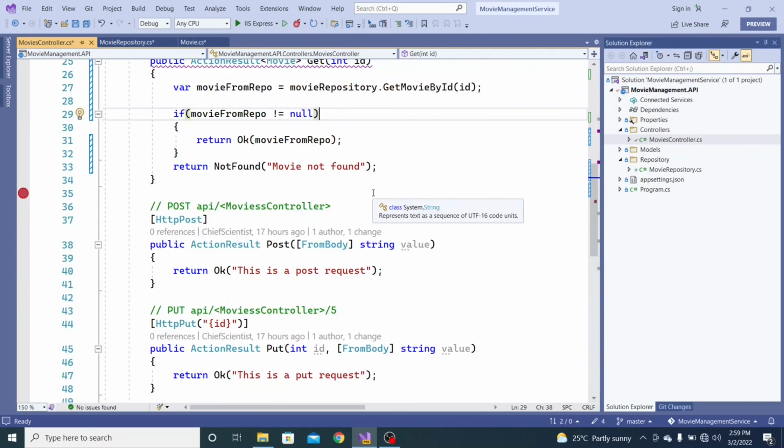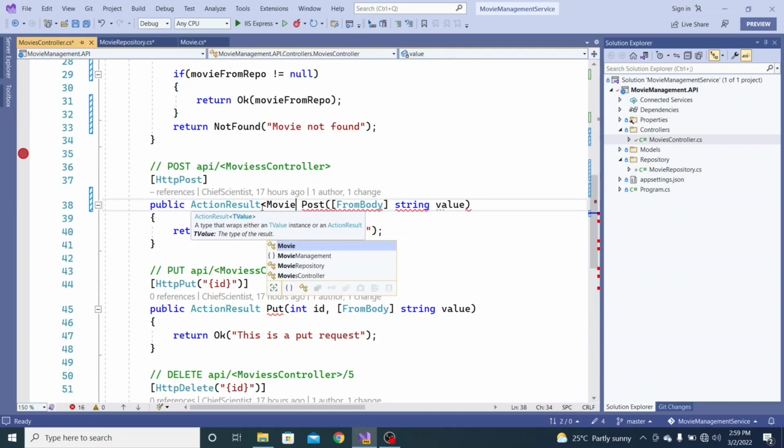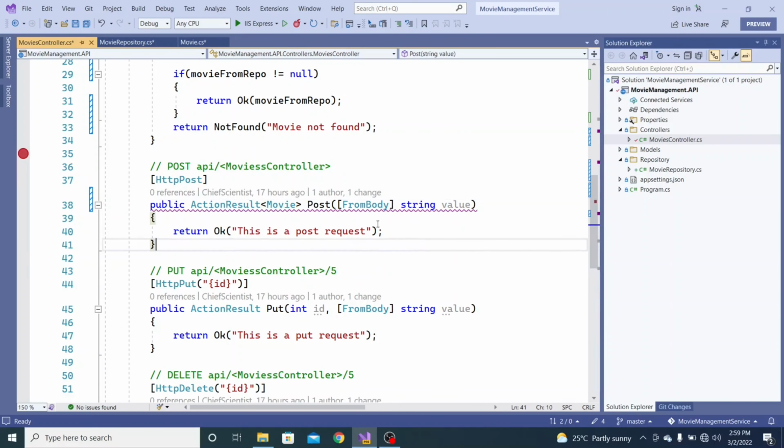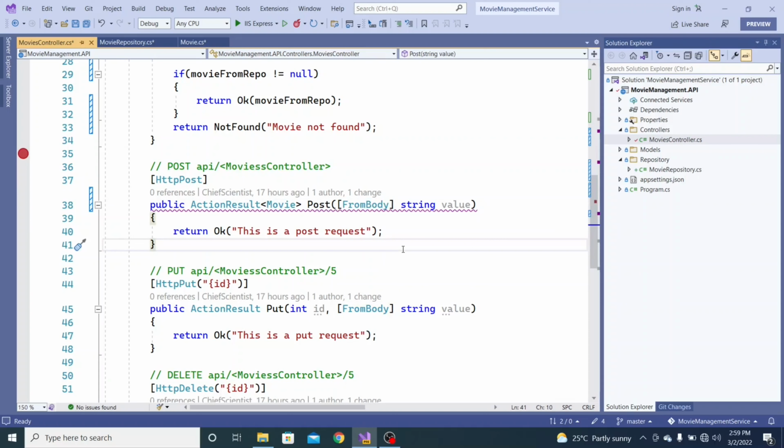For us to create, since we're saying we're still going to return the movie, one thing: from body means your post request is going to get from the body. By default, even if you don't put this, it will know, but just for readability, it depends on your team. If this makes sense for you, you leave it there. If it doesn't, you remove it. It doesn't make sense for me, so I'm going to remove that. But I want to give it a movie